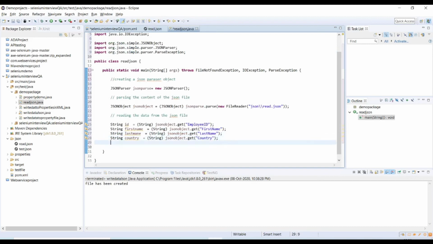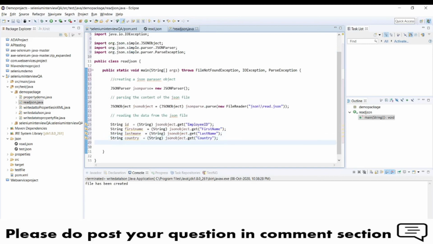Now we have copied all, and we are getting all the data by using a key name. So we need to print this into our console, or we can use it in some other way, such as in our test data. For now I'm trying to print it in the console.